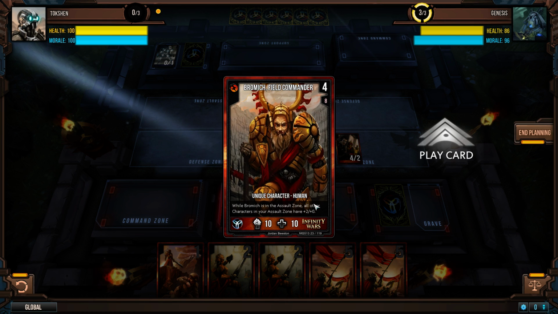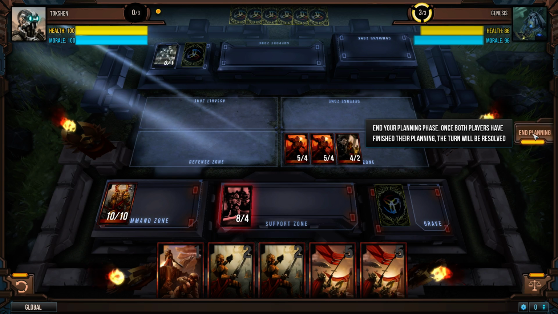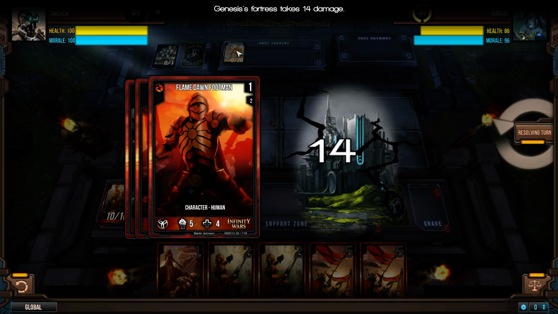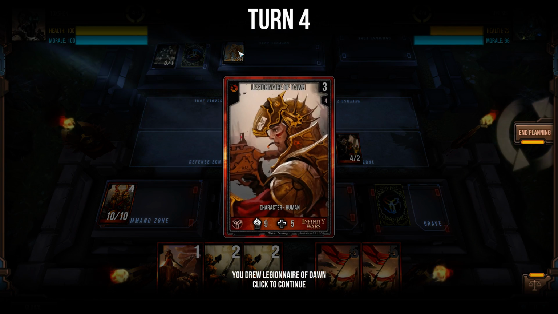While he is in the assault zone, all other characters gain +2/+0 in the assault zone. So that's going to be a pretty cool buff for all of our characters here. That's in planning. My opponent brings out a 0/20. This is mainly for defense. So next turn, I'm assuming...